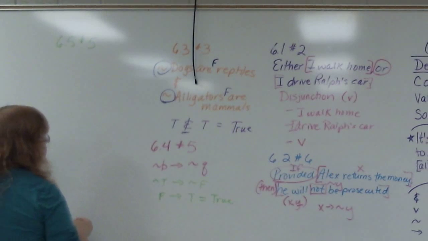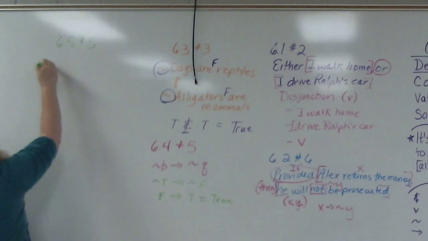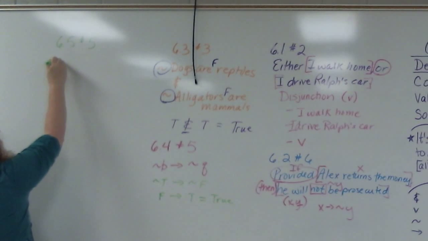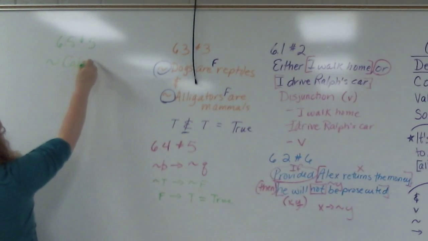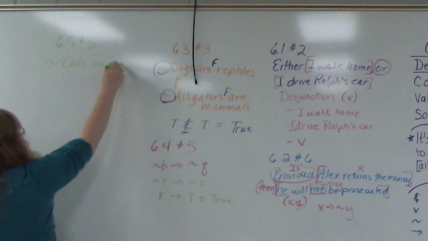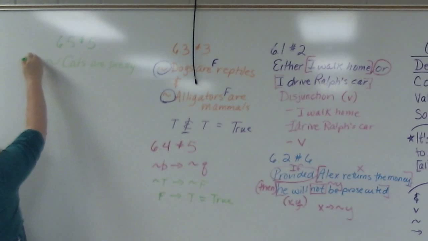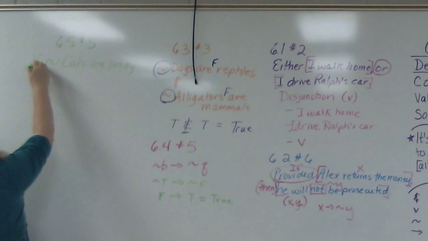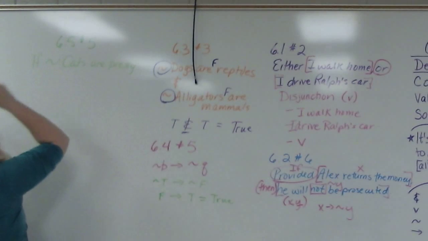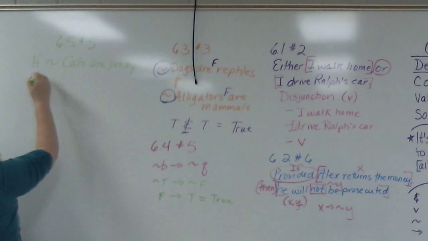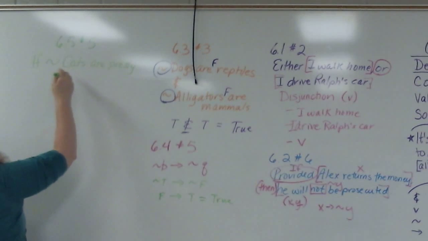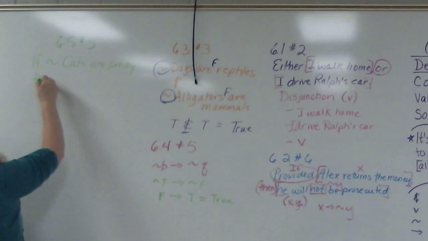Okay, not B. Okay, so we say not cats are pretty. If not cats are pretty, if cats are not pretty, how do I do this? Okay. If not cats are pretty, then